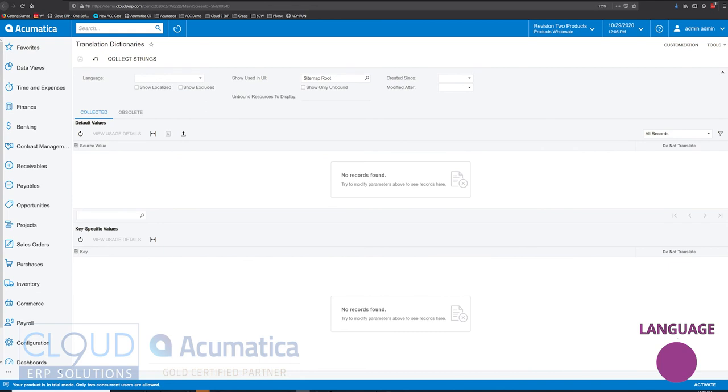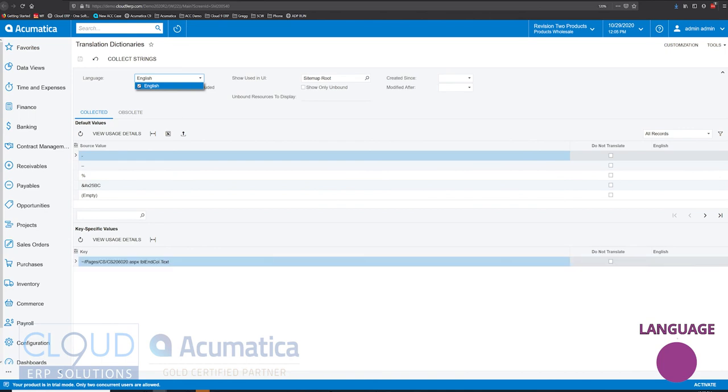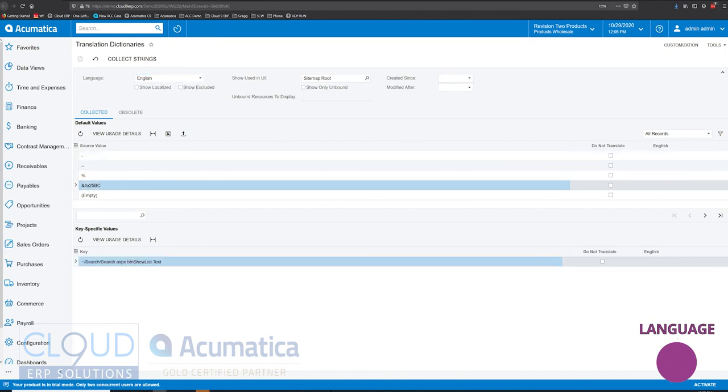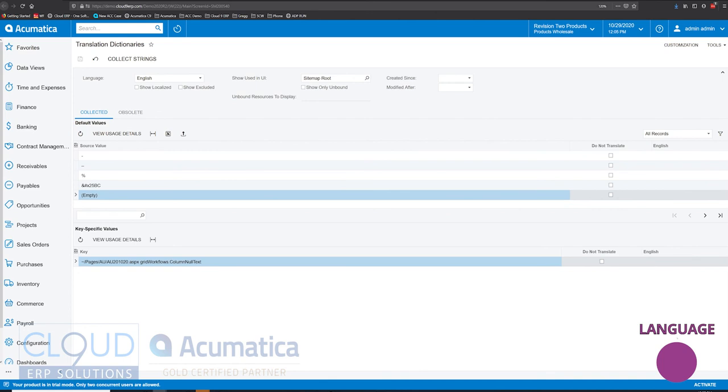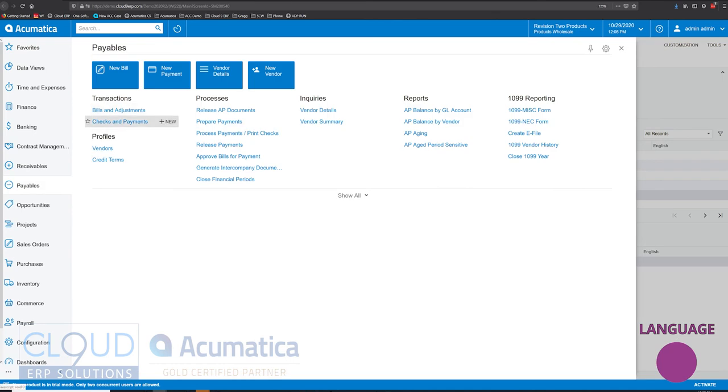Acumatica is built out of the box to support multiple language installs. So currently out of the box, we have English, but it doesn't stop there. You have the ability to change the names of anything and translate them into a vernacular that makes most sense for your business. So for example, let's say under bills and adjustments,